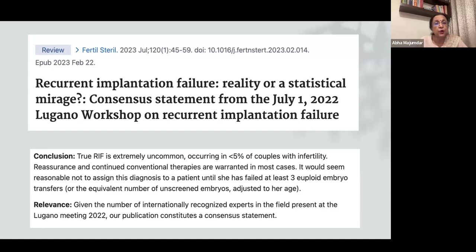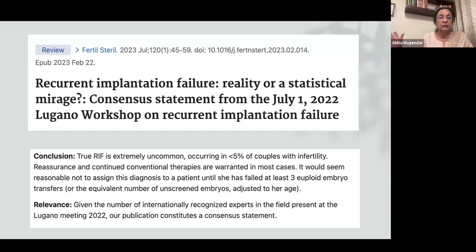It would seem reasonable not to assign this diagnosis to a patient unless she has failed at least 3 euploid embryo transfers or the equivalent number of unscreened embryos adjusted to her age. I mean, if she's 40, then maybe 6 or 8 embryos. Given the number of internationally recognized experts in the field present at the Lugano meeting in 2022, our publication constitutes a consensus statement. So they felt that it is so uncommon, don't assign this diagnosis easily, and please do not give